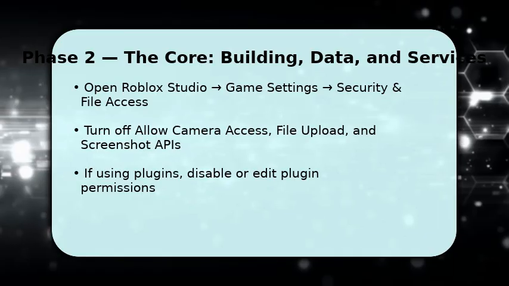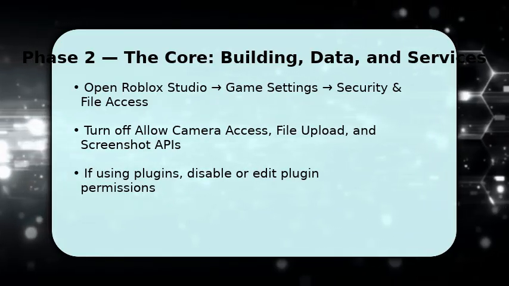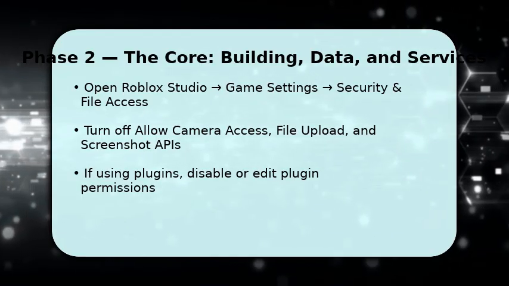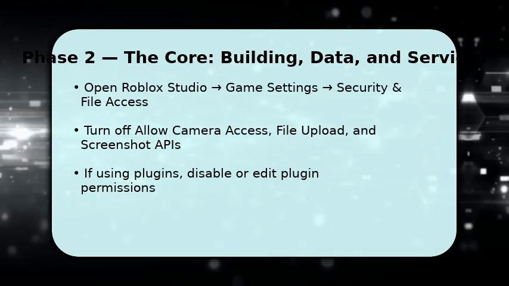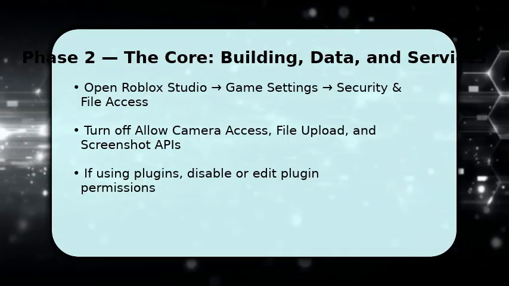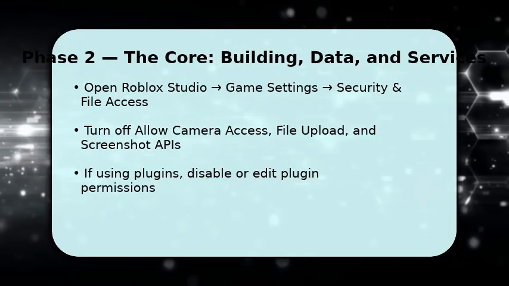Once done with account settings, open Roblox Studio and load the game you control. Game-level permissions can override account defaults. Go to Game Settings, then Security and File Access, and set Allow Camera Access, File Upload, and Screenshot APIs to